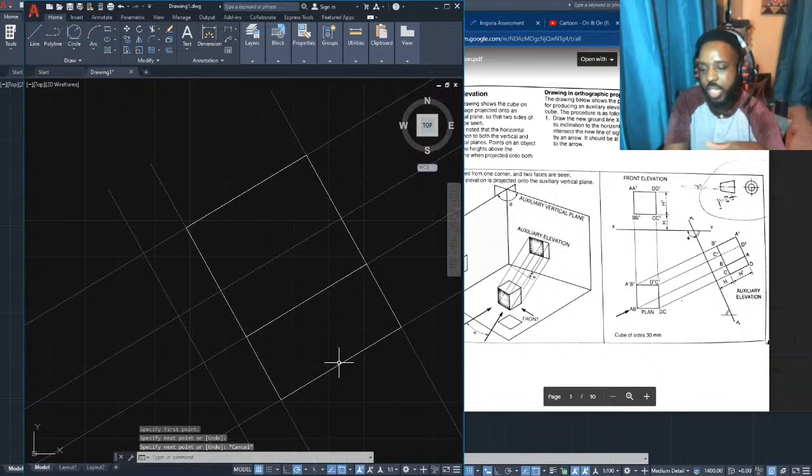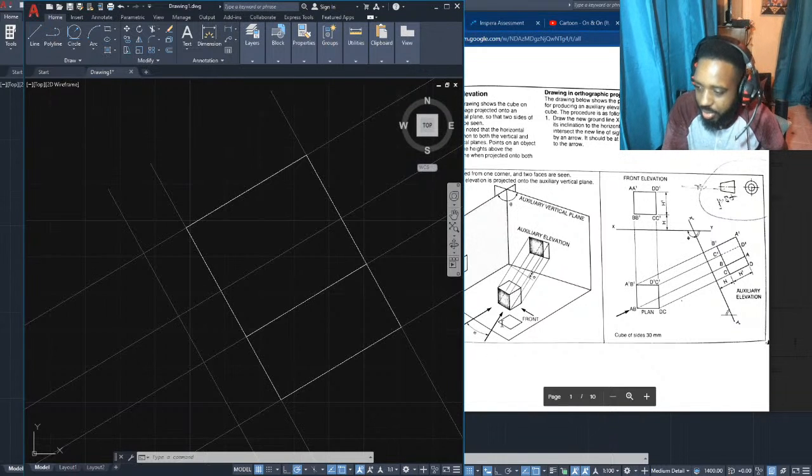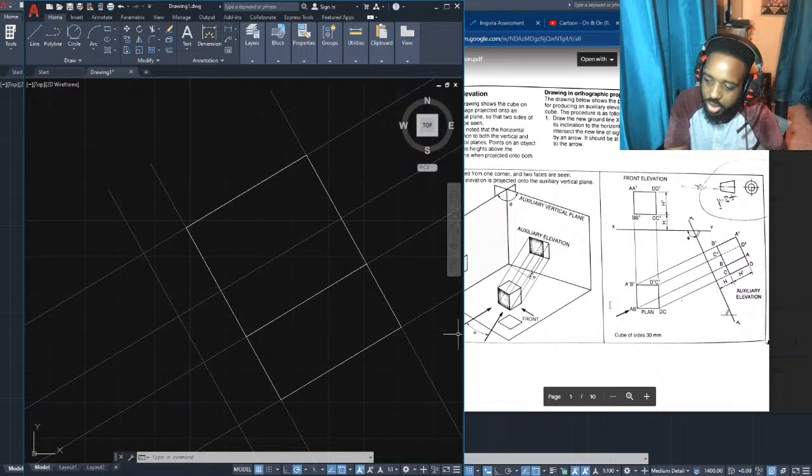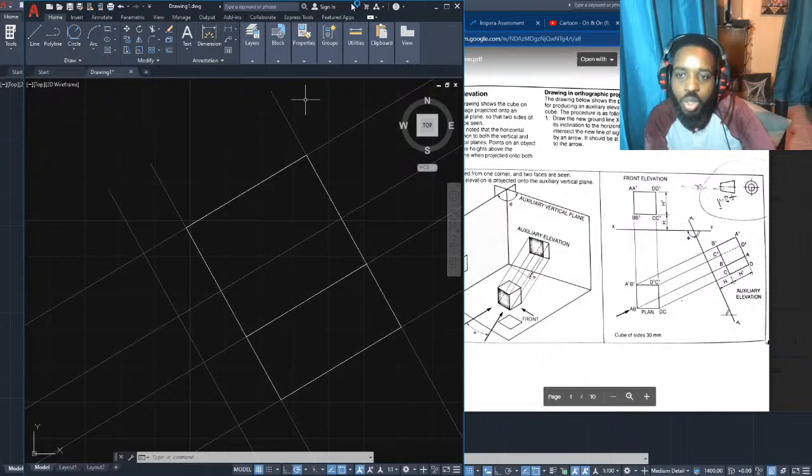So now this here would be a broken line. Now why would this be a broken line? It's because we're looking at this figure from that angle, all right? So this line over here, this edge, I should say, of the figure, because we're looking at it from here, we're seeing this edge, which is this edge right here, AB, and we're also seeing this edge right over here, which is DC. But we're not seeing this one at the back because we're looking at it from this angle. So because we're not seeing it, we have to represent it with a broken line.